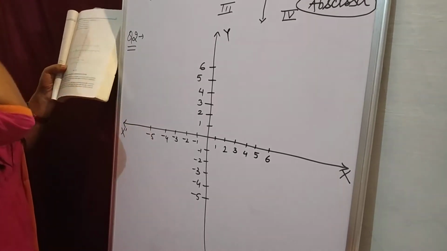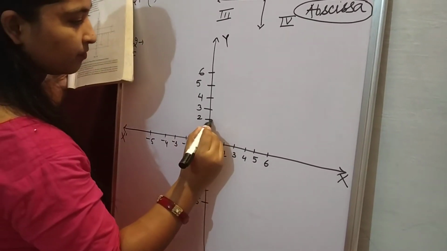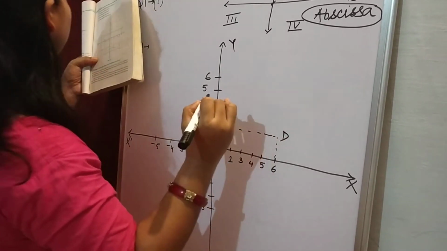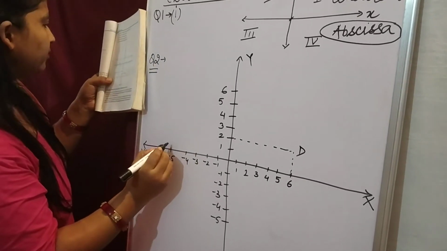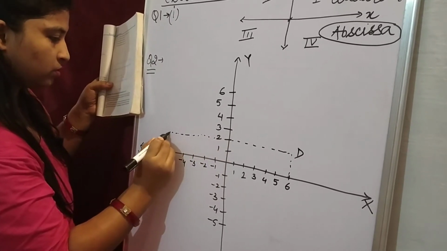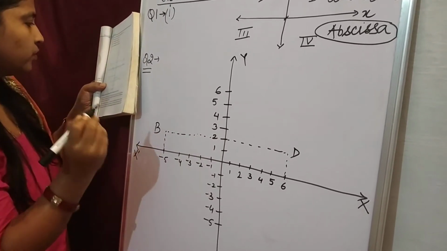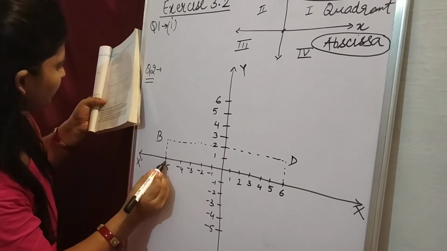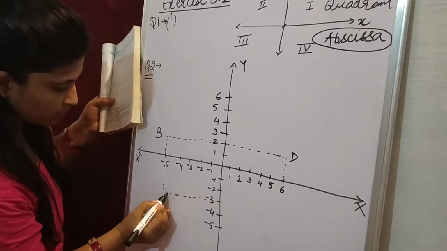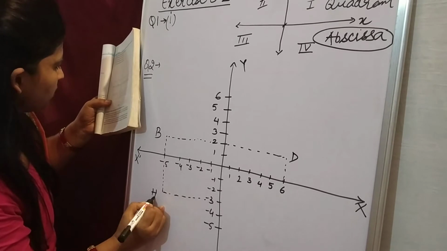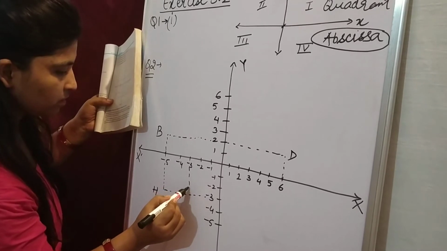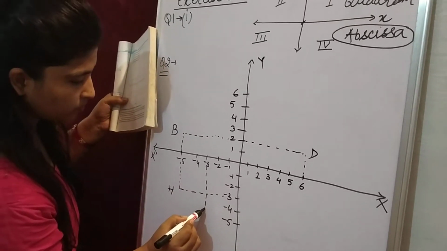Now you can see that there is a point D which is made like this. This is your D point. Now on this side there is a point B which is made at 5, 2. So this is your B point. Then there is H from 5, -5 only, -5 to -3. So that point is your point H. Now E from -3 to -5.